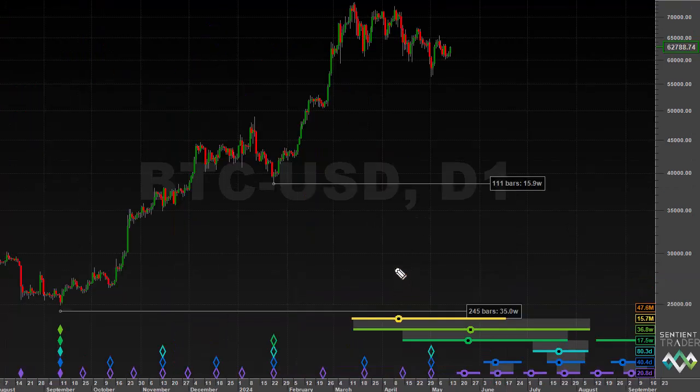Zooming out a bit, we can pay further attention to these circles and whiskers for the 18-month cycle, the 40-week and 20-week cycles. As you can see, they are displaced to the left. Of course, these circles and whiskers, as I've already discussed many times, are based upon the recent wavelength of those cycles. And when you see circles and whiskers that are displaced like this, it does indicate that there are some anomalies in the analysis, or at least that cycle wavelengths have been found to be changing recently in the analysis.